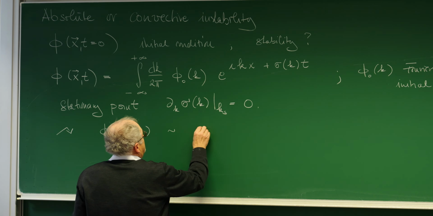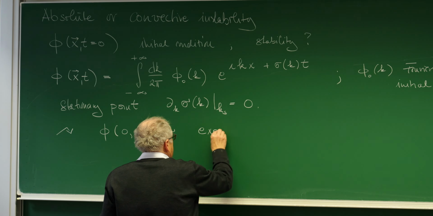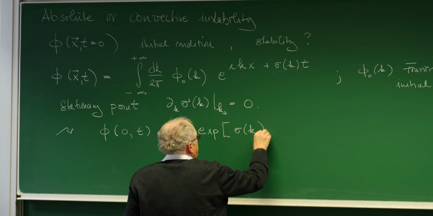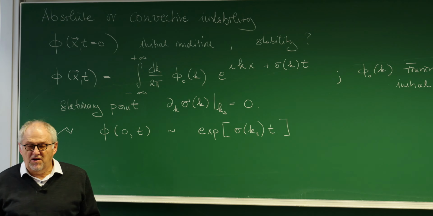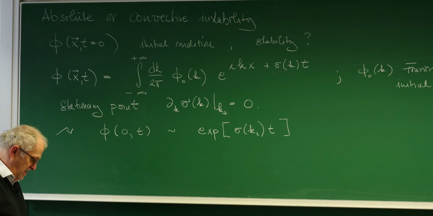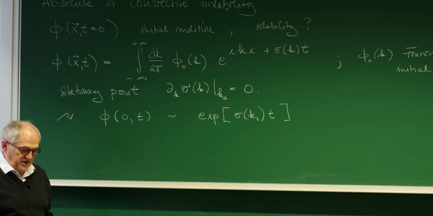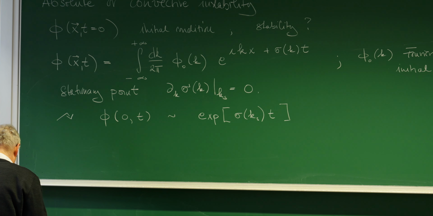Then this is proportional just to the exponential of sigma(k_s) times t. Right, just a standard argument, I guess you have seen that, for trying to solve a Fourier transform by a stationary phase approximation. So that means there's an absolute instability